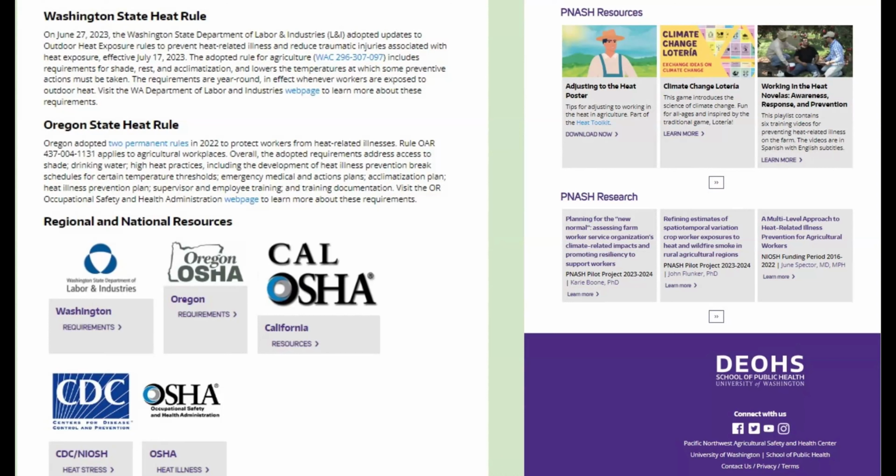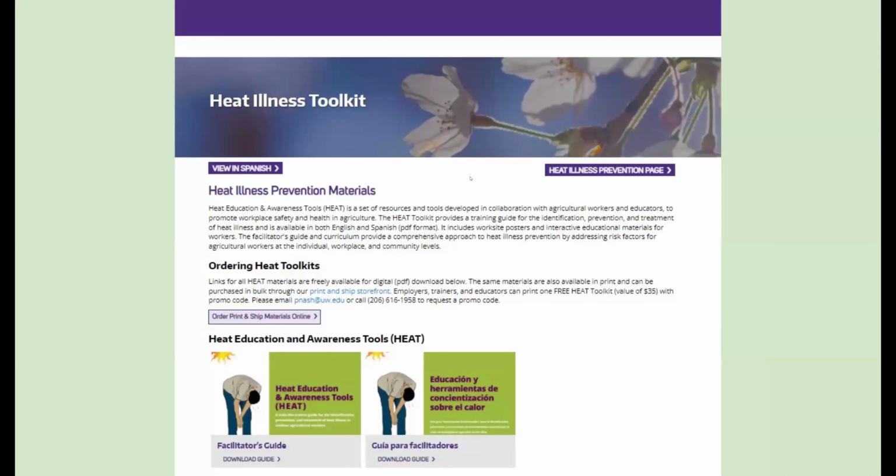Washington is not the only one that has regulation about heat. There are other states in the United States, including Oregon and California. And right there in the PNASH website, you can find links directly to those websites in California and Oregon. And also, right there in this PNASH webpage, you see resources developed by the center. You can see, on your right, videos and other information, including what we call the Heat Illness Toolkit,